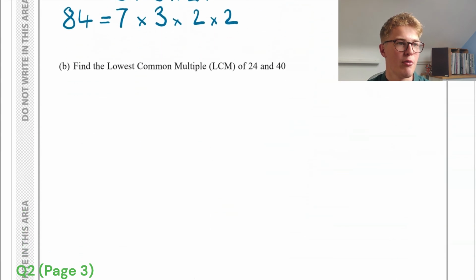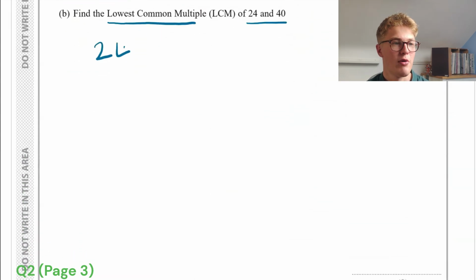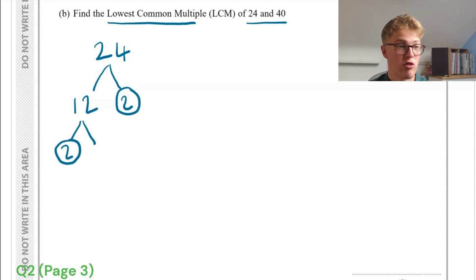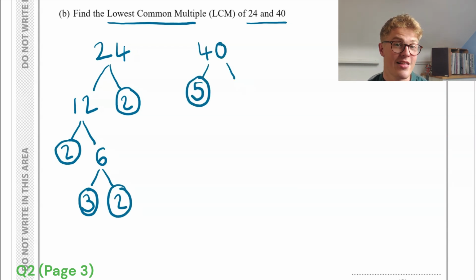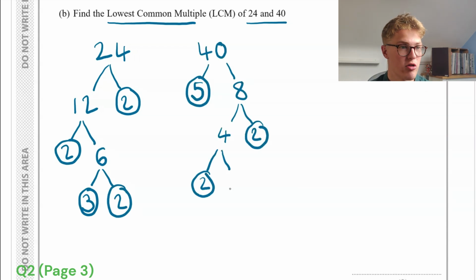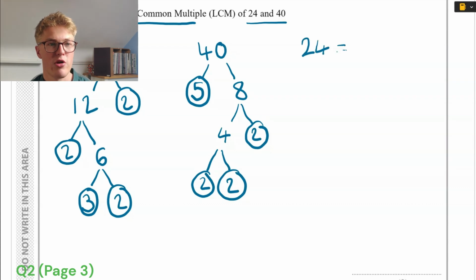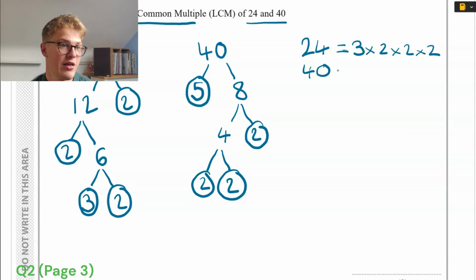Find the lowest common multiple of 24 and 40. So 24, again with the factor trees, 24 divides into 12 and 2, 12 into 2 and 6, and 6 into 3 and 2. 40 divides into 5 and 8, 8 into 4 and 2, and then 4 into 2 and 2. So we can write 24 as 3 times 2 times 2 times 2, 40 as 5 times 2